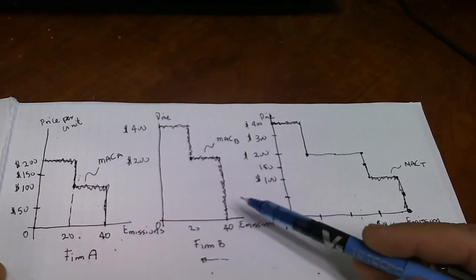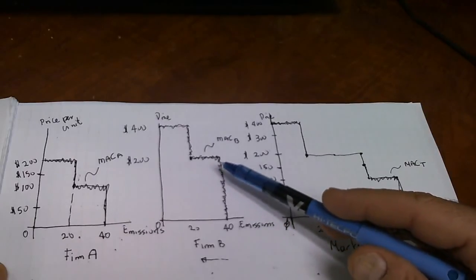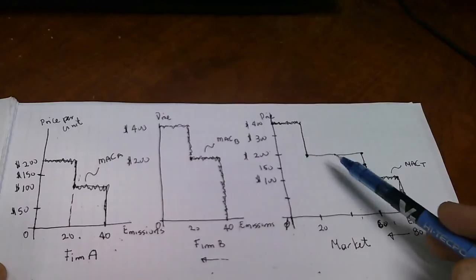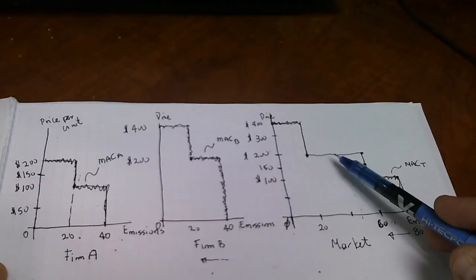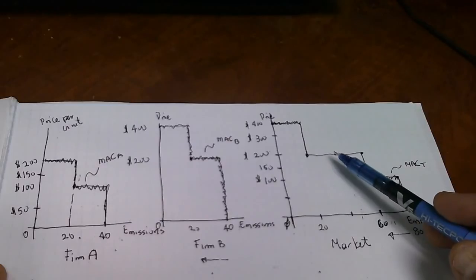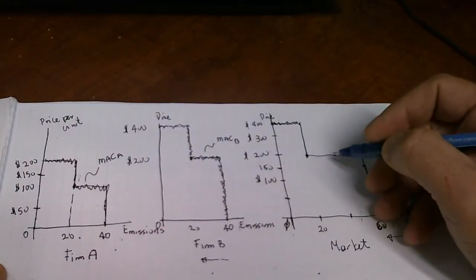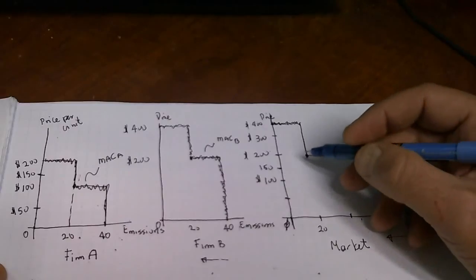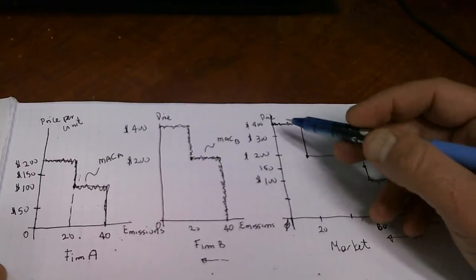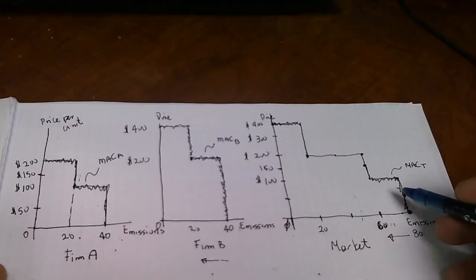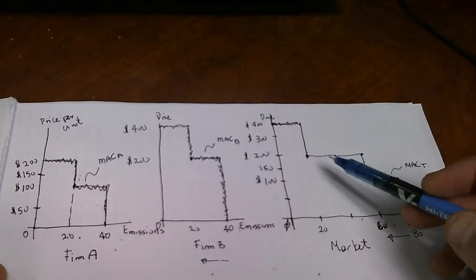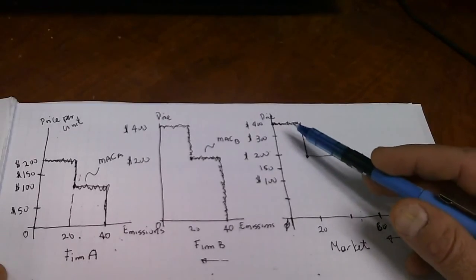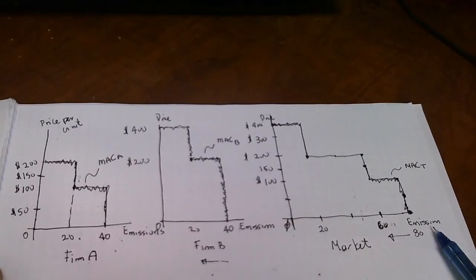This firm will not come in until the price hits $200, as I said last time, and then they'll come in. Okay, so you can think of this marginal abatement cost curve here, up to 40 units of reductions, as effectively firm A's marginal abatement cost curve, and then from 40 units and further reductions, firm B comes in with the higher cost. So you can see the firms that are more efficient at reducing pollution come in first, and then the less efficient firms come in to take on the responsibility of reducing emissions further. Okay,